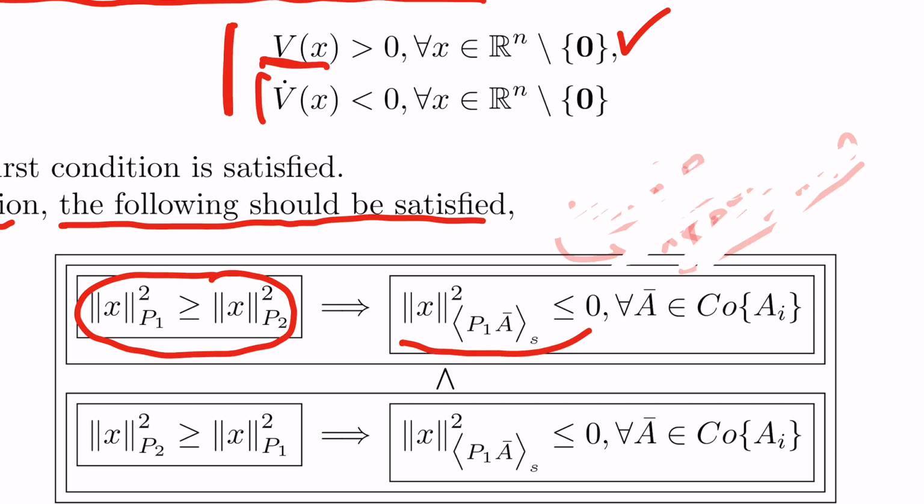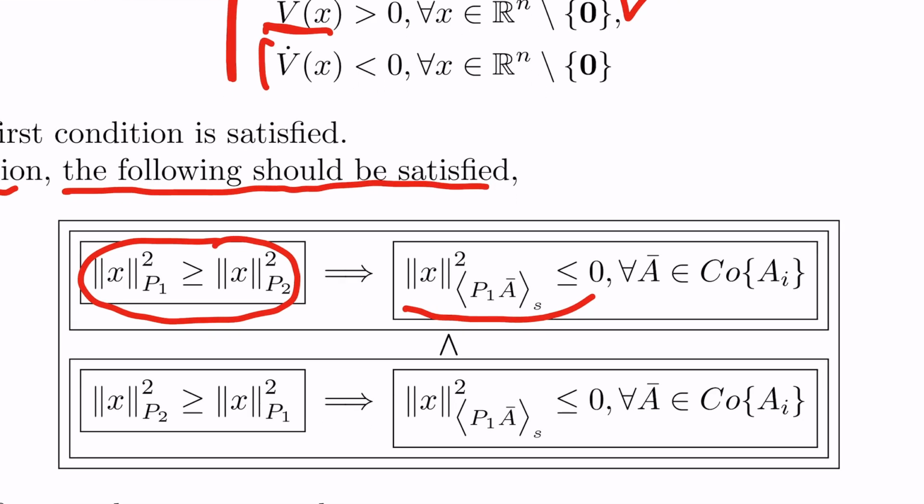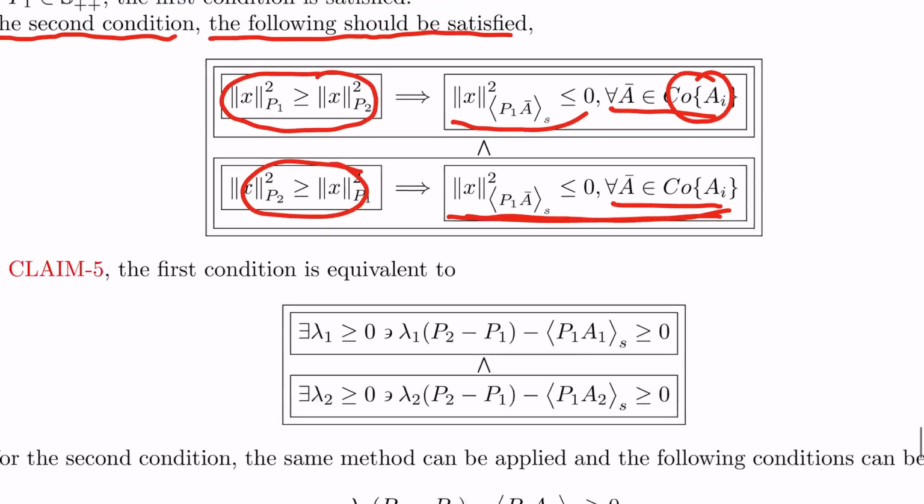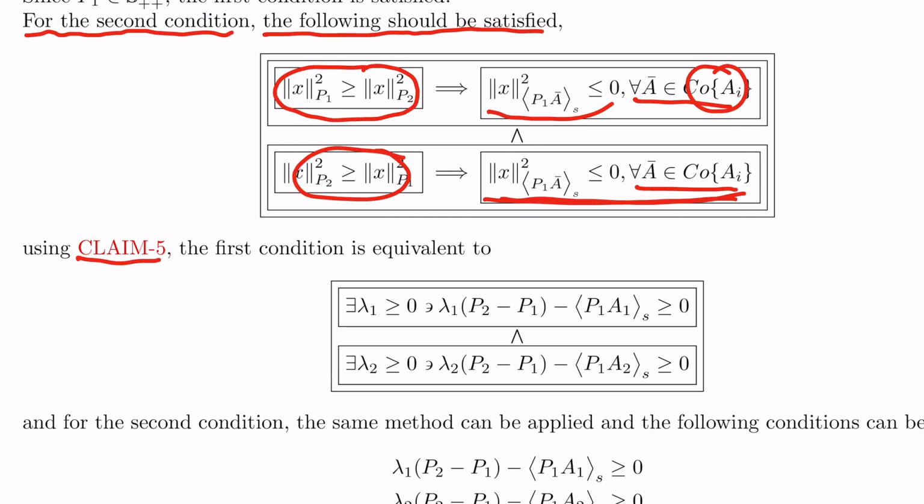I explained that due to the structure of V(x), we have this condition for V dot. There are two conditions that can happen: either this expression is greater than this expression or the other way around. When we have that situation, this is V dot, and then we would like that to be greater than or equal to, or less than or equal to, 0. The A bar terms take values from this convex hull set, and using claim 5,